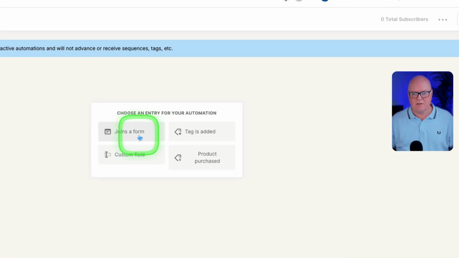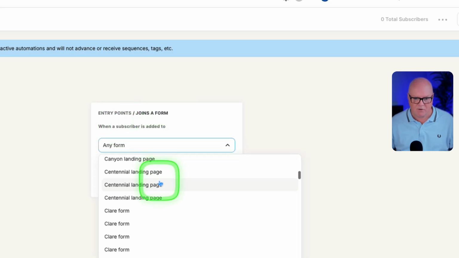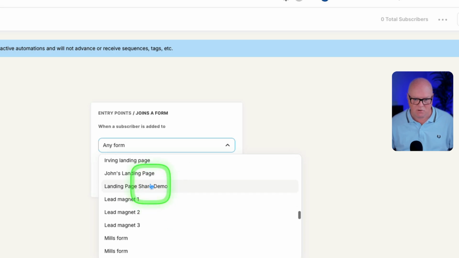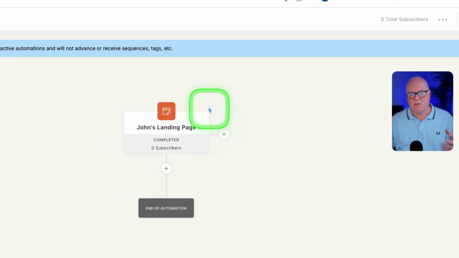So now I'm going to create my first entry point into this automation. And I'm going to say it is when someone joins a form. I'm going to pick a form at random here. Let's say it's John's landing page. I'm going to add that in there. Now, the only way people can now enter this automation is if they subscribe to the list using this landing